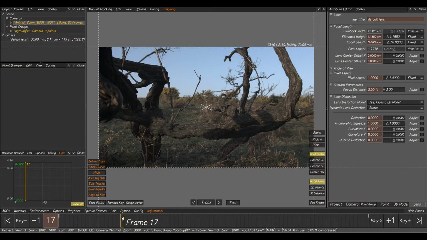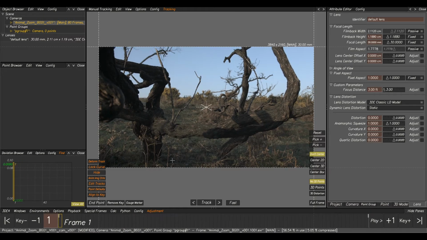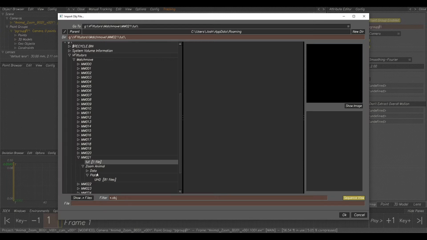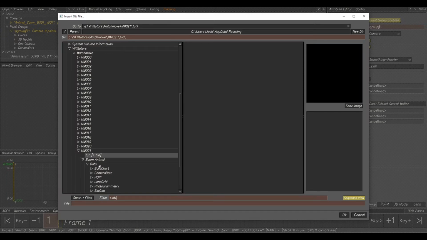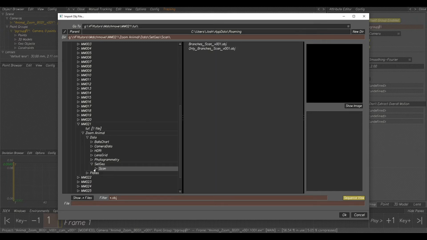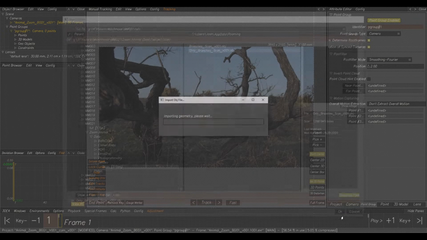So now we've done that, we want to do our single frame lineup. So if you go to our point group, select our point group and go down to 3D models, if you right click, add new and import OBJ file. Now if you go to your data package, you see you've got all this stuff in here. So now if we go to set geo, we've got scan, and we've got a branches scan and an only branches scan. So this is the full scan of the area, so we're going to only bring in the only branches scan because it's quite heavy. So if you select OK,